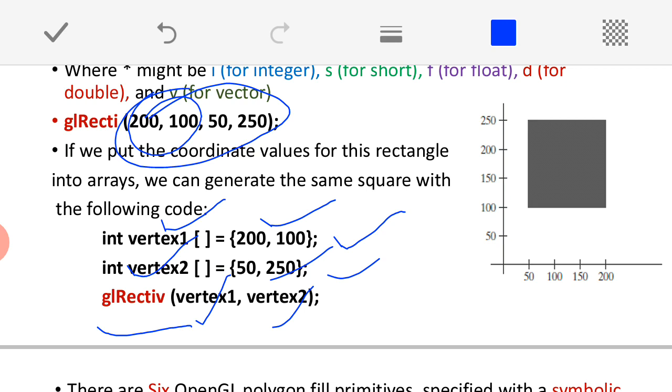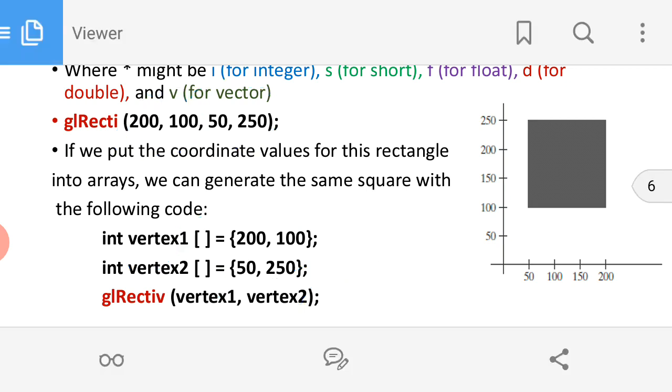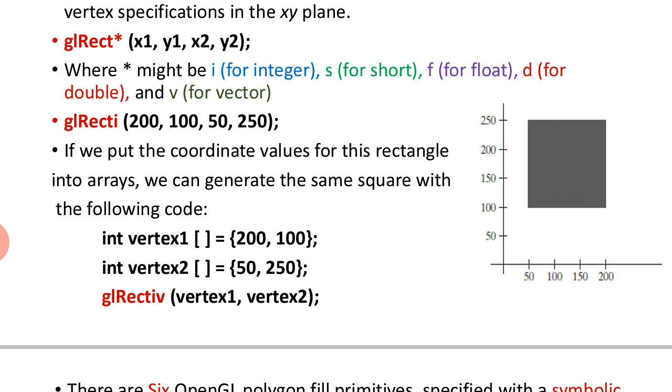So, this is another facility which is available, with which you can directly draw the rectangle. This is one ready-made function, but apart from that there are many symbolic constants available, using which we can draw a triangle, rectangle, square, pentagon, hexagon, or any type of polygon that we wish. That we will discuss one by one.